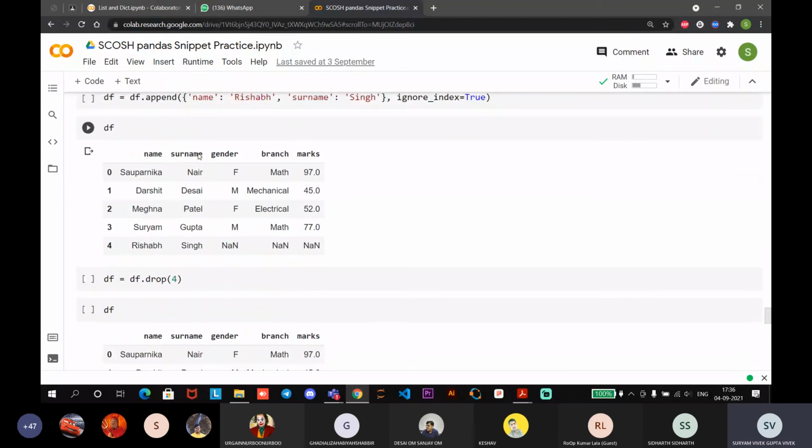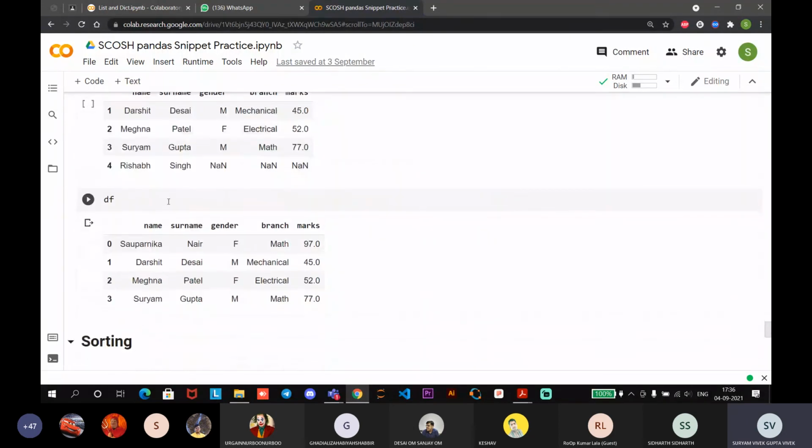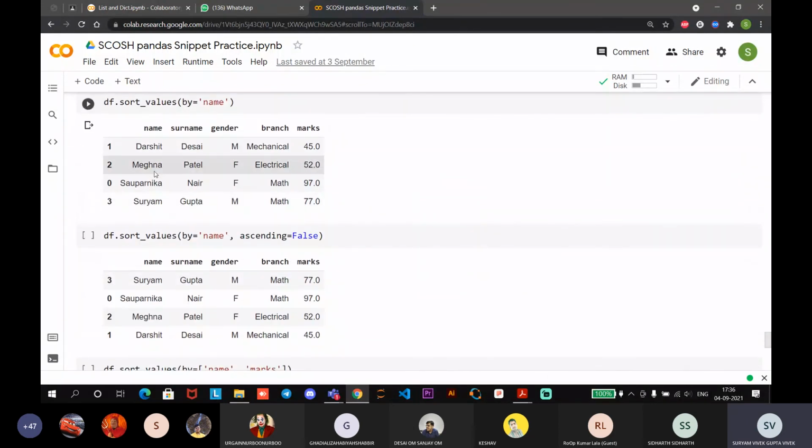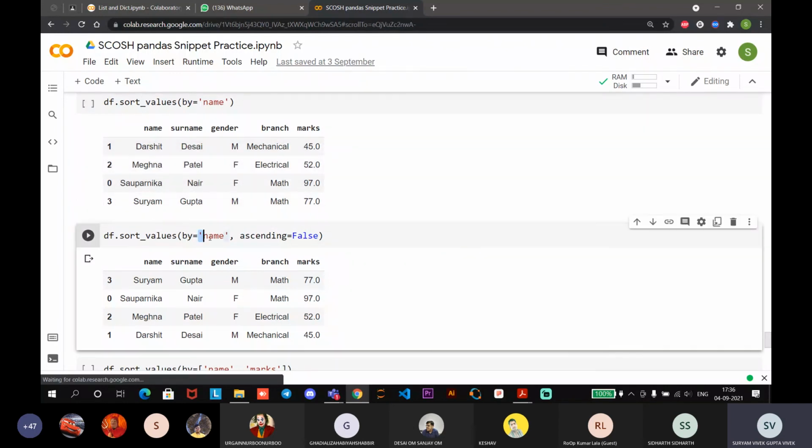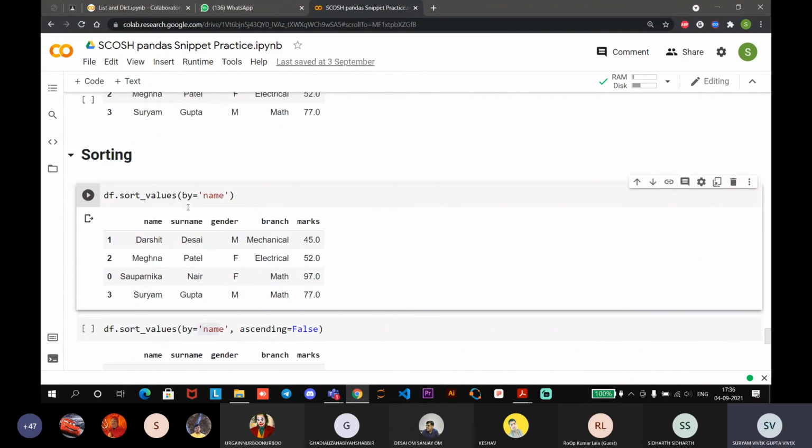फिर रोज को कैसे मॉडिफाई करते हैं, और रोज को ड्रॉप कैसे करते हैं, कॉलम्स को कैसे ड्रॉप करते हैं। सॉर्टिंग, इतने सारे जो कॉलम्स हैं उन्हें बाय वैल्यू सॉर्ट करना होता है। यहाँ पे बाय नेम सॉर्ट किया तो पहले डी से दर्शित, एम से मेघना, फिर एस दोनों सेम है तो ए देखा फिर यू देखा, ऑल दिस स्टफ।